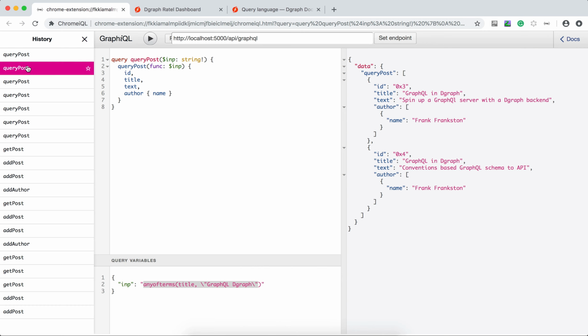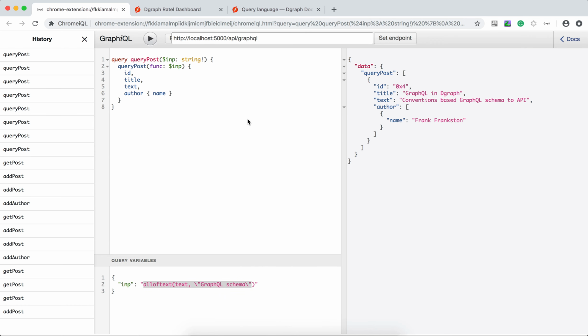We could do a different search though, because we also had a text index on the text field. We could do a Dgraph search for posts whose text has all of this text. So we run that query and it gets us just the one post that has both GraphQL and schema in the text. So that's how, using just conventions, we can open up GraphSchema to allow